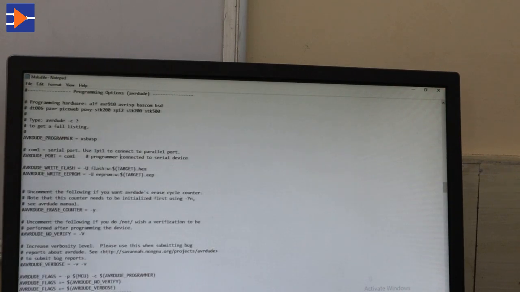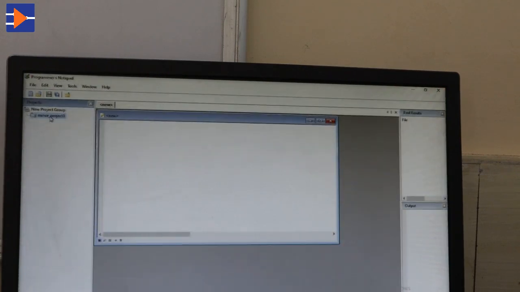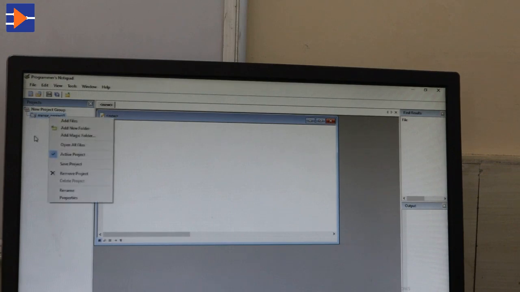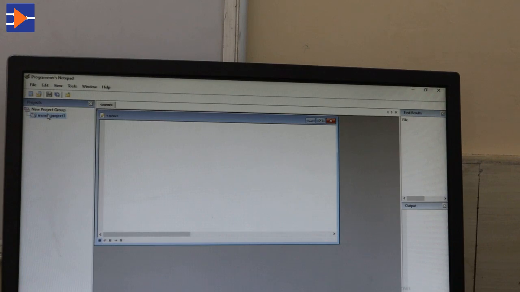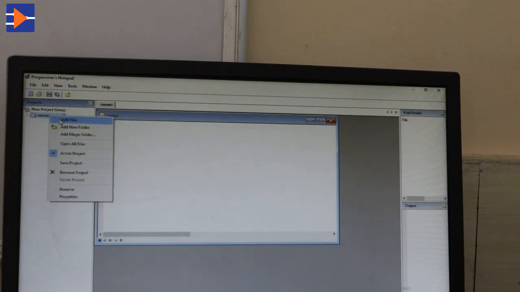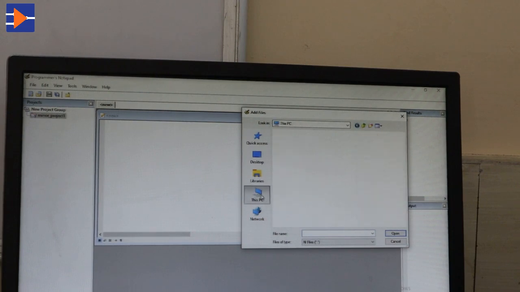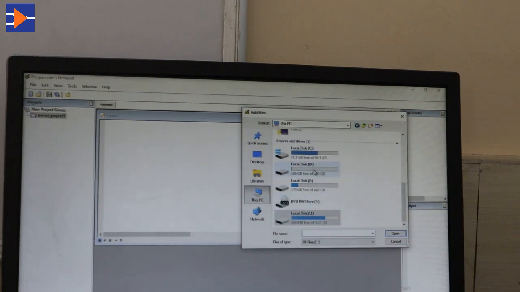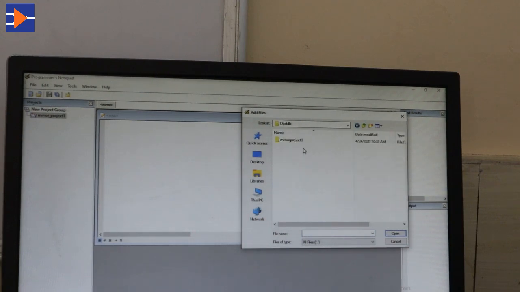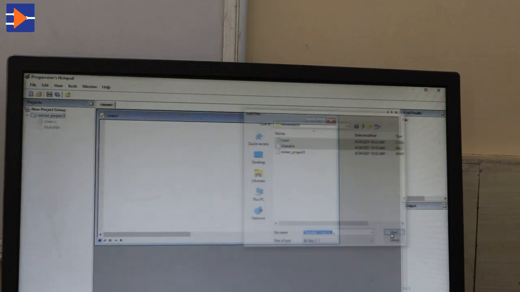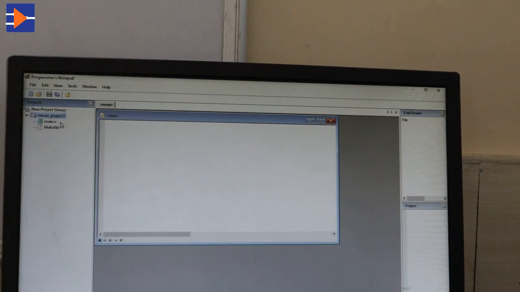Right. Now what I will do is add these two files, the main file and the make file, to this minor project 1. It is located at D, T2P skills, then minor project 1, and these two files I'm adding to this project, minor project 1. I think you can see here.